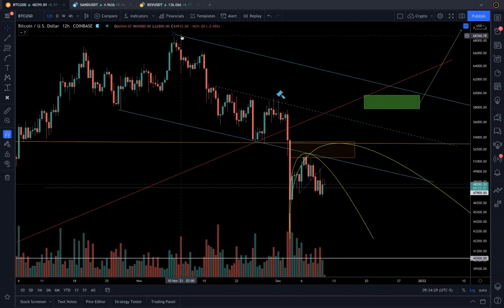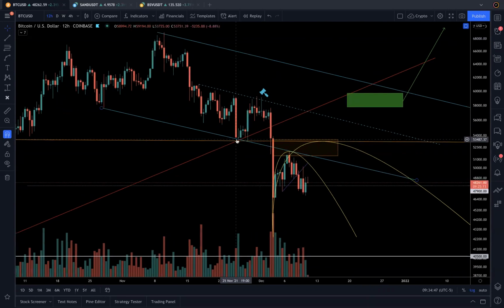So for an example, just to give you how you interpret. This is the explanation of this lower part. If you look at the upper part, this is the 68k, 69k level from where the correction started. It landed here. Then this cyan color line, it touched, consolidated, and you see this dotted midline, center line, it rejected and ultimately pushed down further, right? So it tried to manage a bounce here as well, but not much.